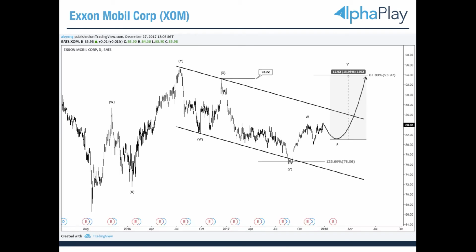For stock, it will again be just based on technical and the macro trend, fundamentals not done. ExxonMobil is presenting a good setup. You can see impulse here, correction here. We expect one more up towards 93. For stocks, I actually put this to also tell you what the upside potential is. This upside potential is roughly about 15, close to 16%.